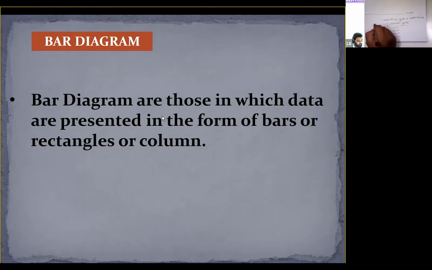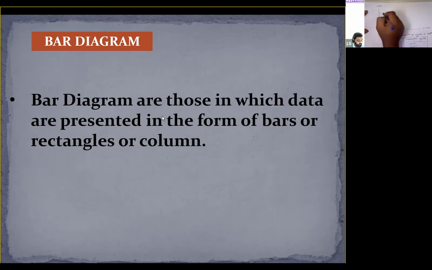This data, as presented right now, is called the tabular representation of data. It is the data regarding production of cycles in different years. Currently the data is in tabular form. We need to convert it into diagrammatic form, and that too in the form of bar diagrams. So what are bar diagrams? When this data is presented in this format, for the year 2017, you make a rectangular bar to indicate the production of cycles in 2017. This is how you depict the production of cycles in the year 2017.